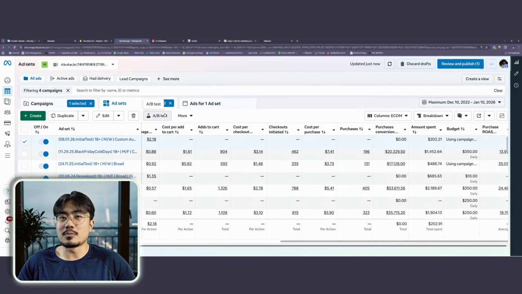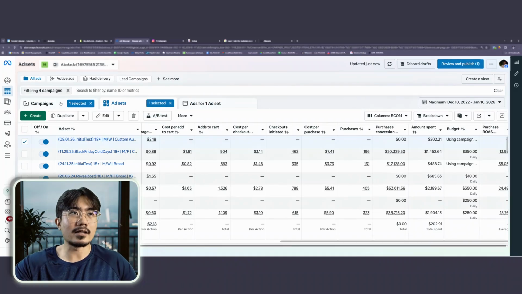So why would Facebook be optimizing for strangers, complete strangers who don't even like you, if you have a complete registration event as your optimization event? Because of course, Facebook wants to make you happy. Facebook wants to give you as many of those events as possible. So if you have a complete registration event,